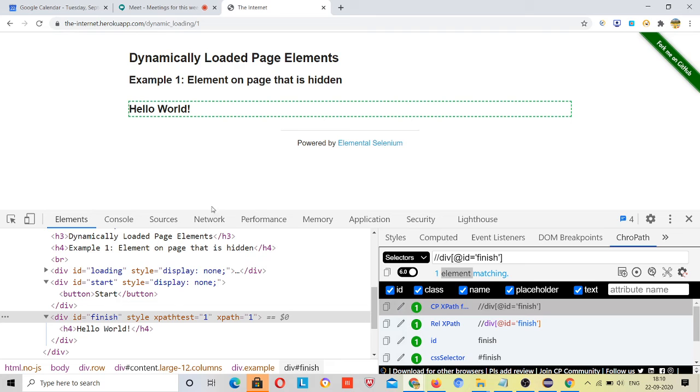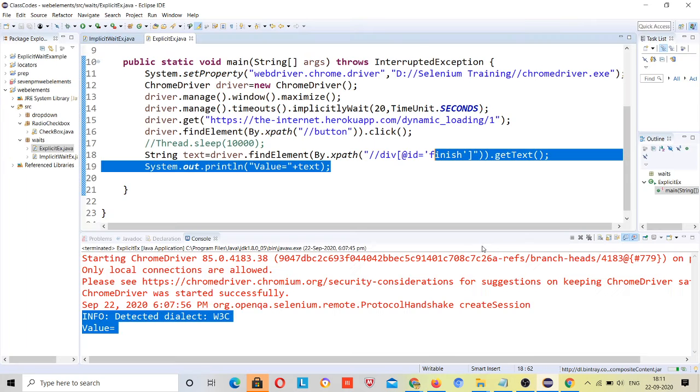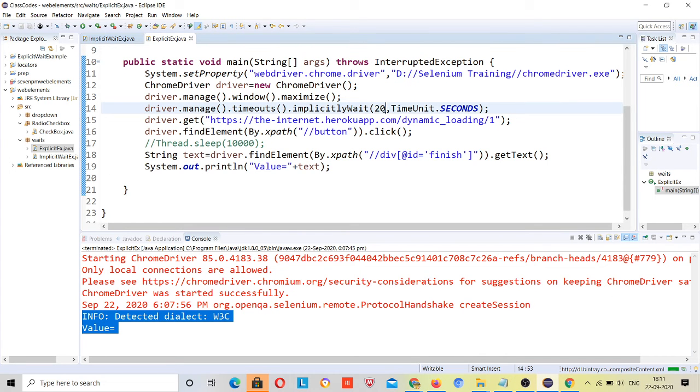So what does it mean? Implicit wait is applied for the DOM, that the DOM should be loaded, right? But once the DOM was loaded, it tried to get the text, but the text was not visible. It was null, just because it printed nothing, right? But Thread.sleep waits a particular time, right? If I have given 20 seconds with Thread.sleep, it will stop execution and wait for that time.